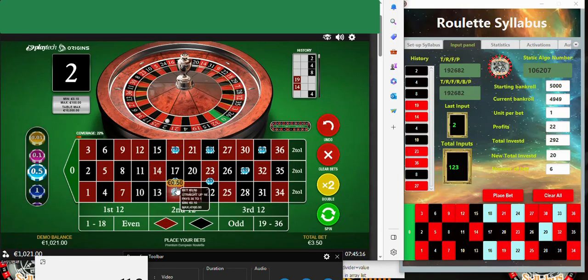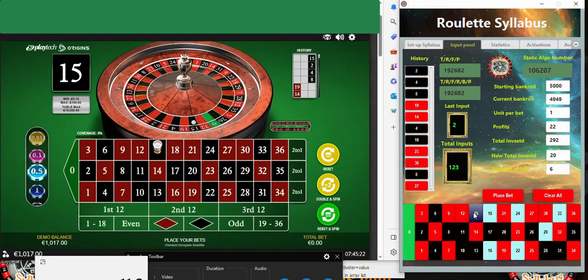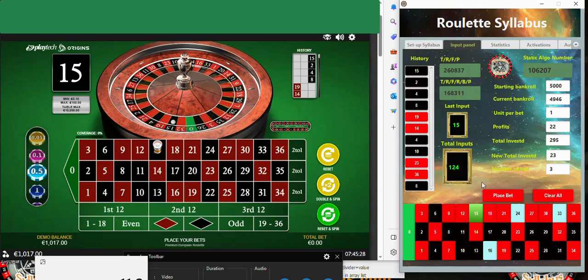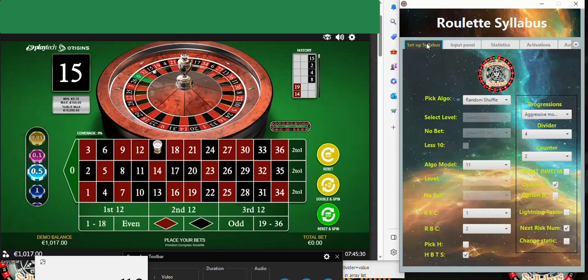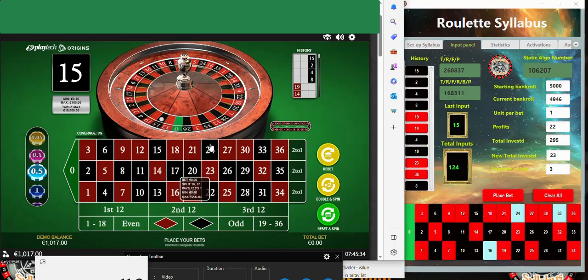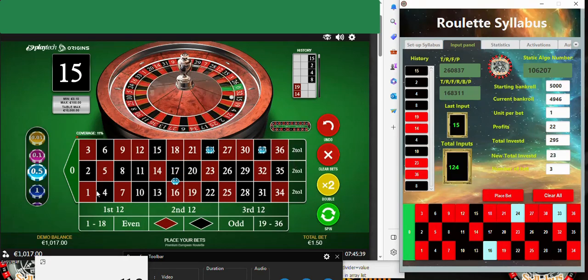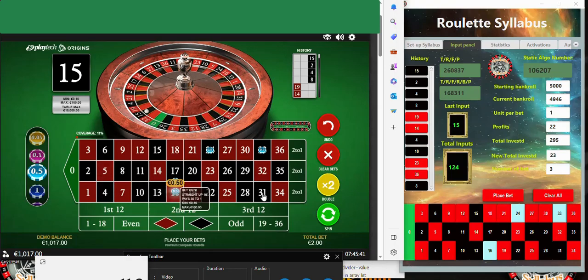15. Okay, let's go. What is the next? Let me see. Next to risk, yes, everything is okay. You see, right now it's placing only three numbers. Only three numbers. All right. Another loss again. Now,